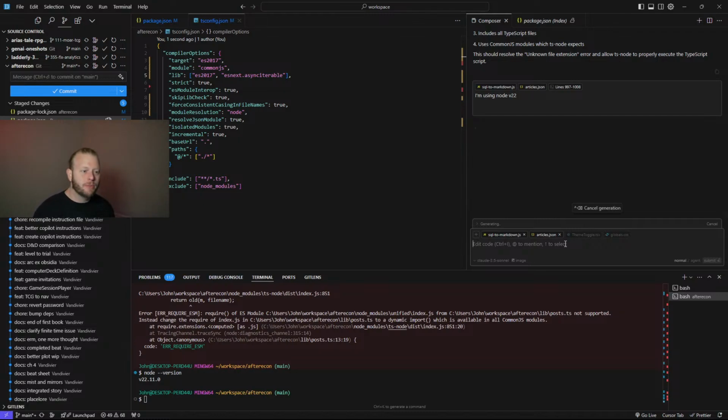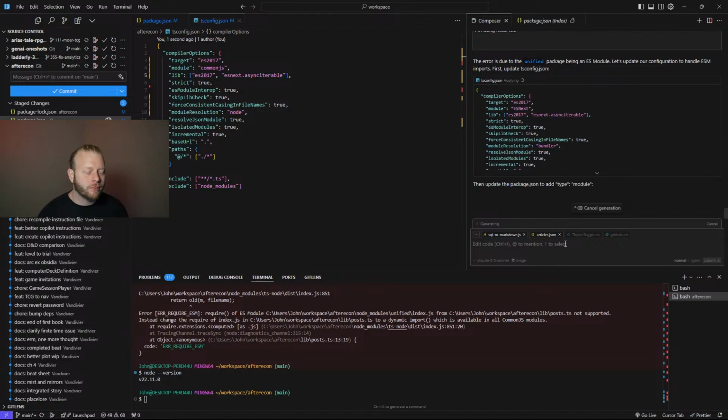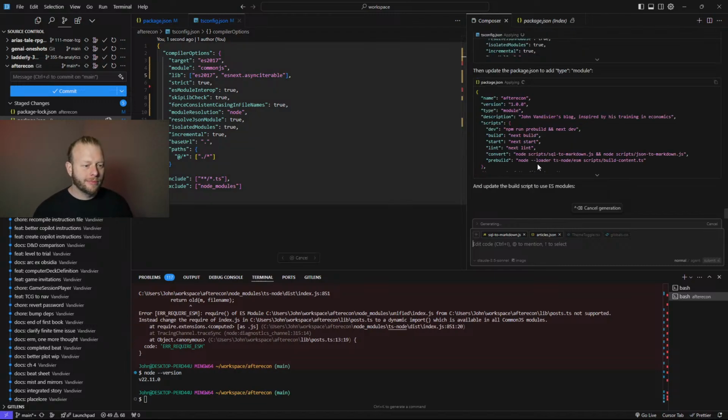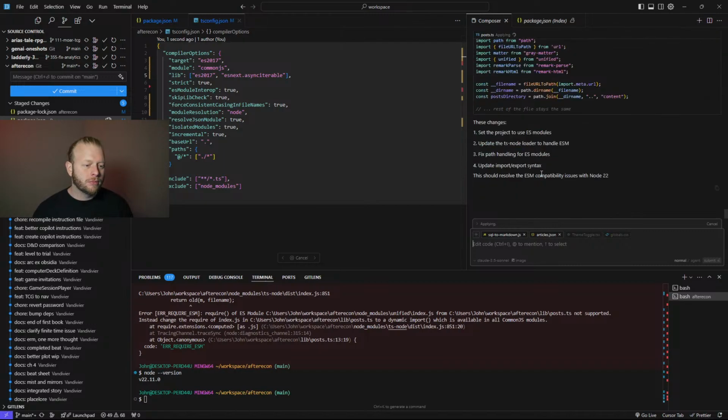I think that's the issue. Different versions of Node have changed the way that we interface with CommonJS modules. Good. I like this syntax more.